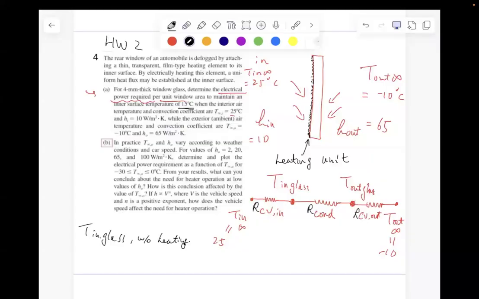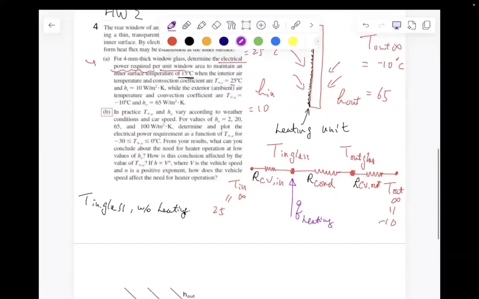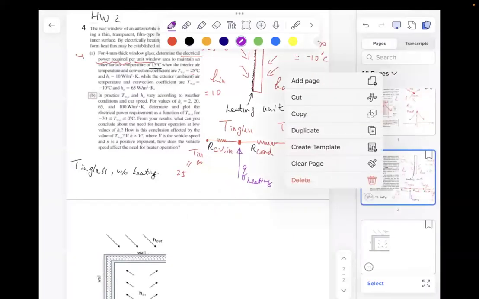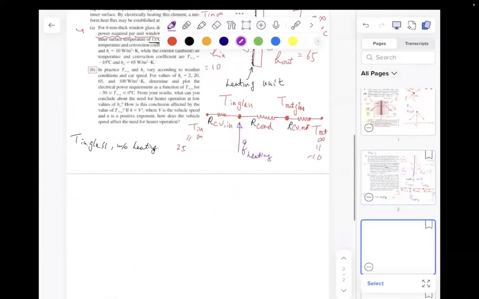So in order to get to 15C, what we do is we actually put on a heating unit, and then what the heating unit does is it injects a Q of the heating unit into the circuit. And now, if we have a circuit like this, does this change our equation? It does, because